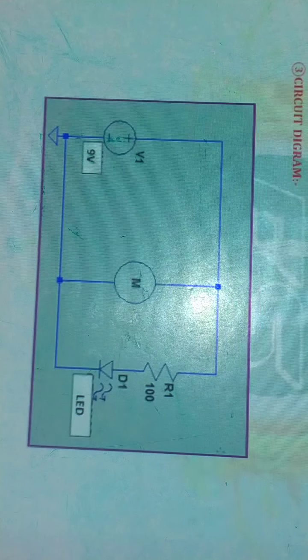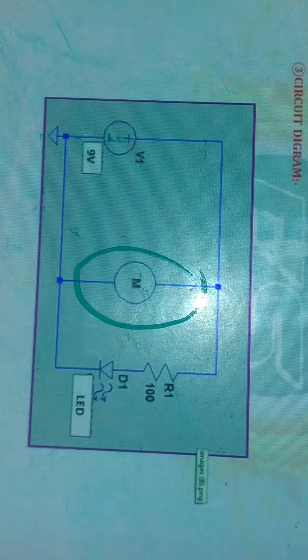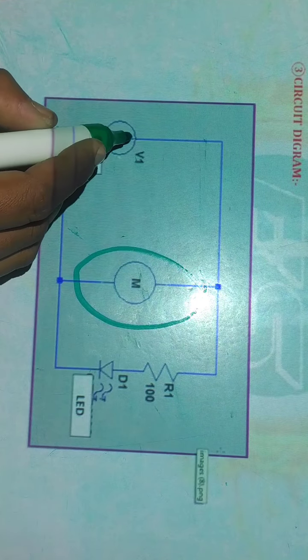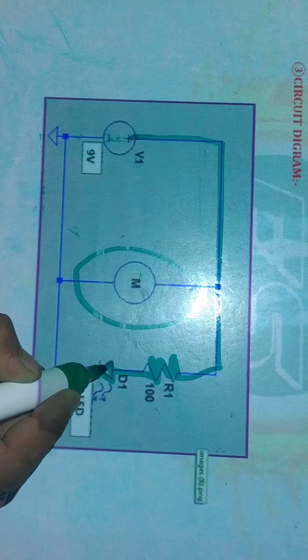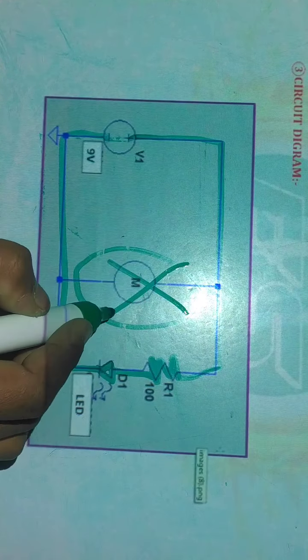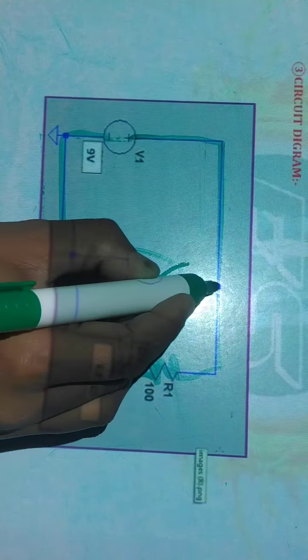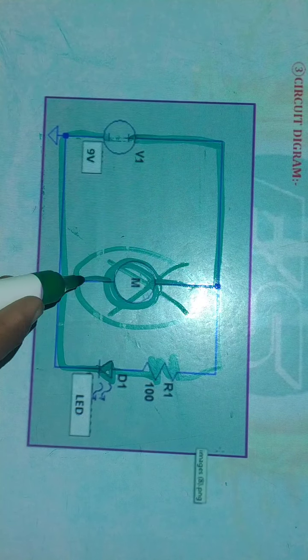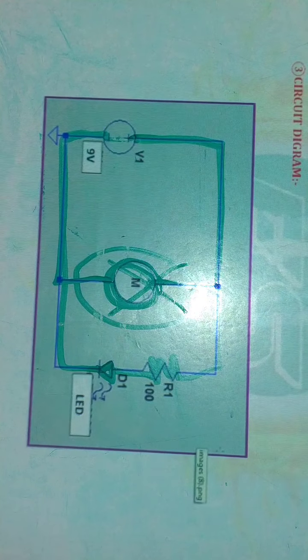See this figure. If you remove this motor from the circuit, then this circuit, a resistance and LED light, is a simple LED glowing circuit. So first you design the LED glowing circuit and ignore this part, and at the last stage you connect the DC motor, one terminal to battery positive terminal and second terminal to battery negative terminal. Clear?